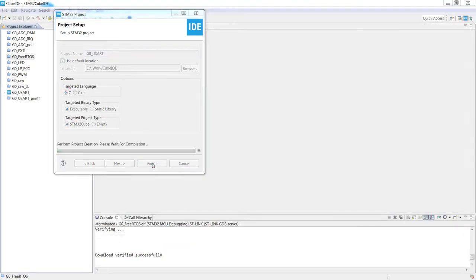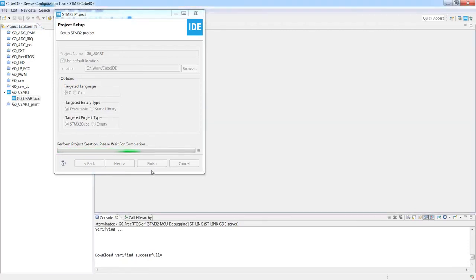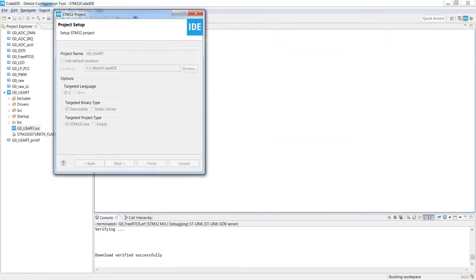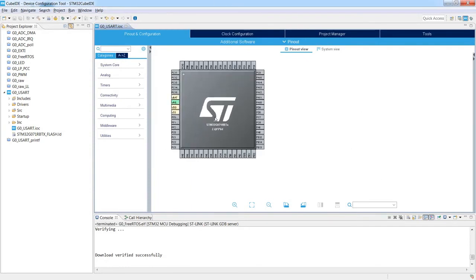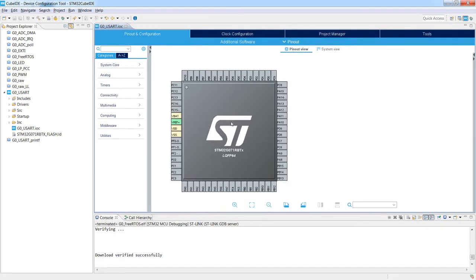Let's click Finish to start the device configuration window, which is in fact STM32CubeMX, built in with the STM32Cube IDE complete environment. So we see on the left side that our new project, G0 USART, is already created. It's an empty skeleton. So now we can see the complete pinout of our micro.